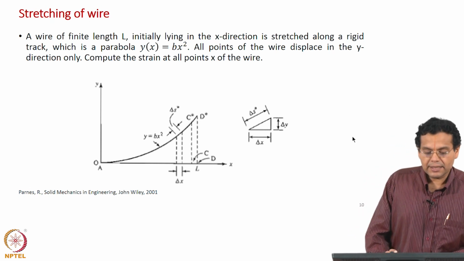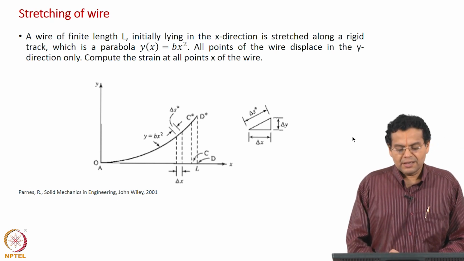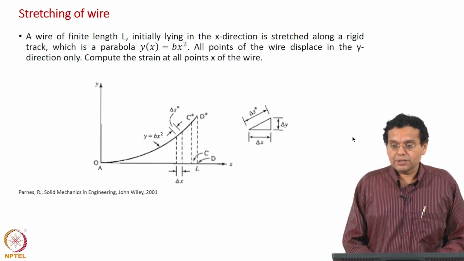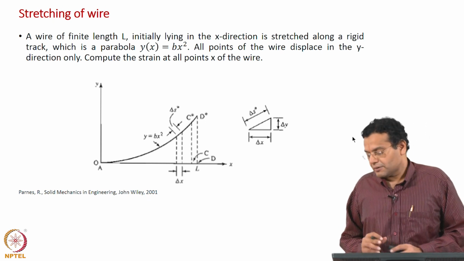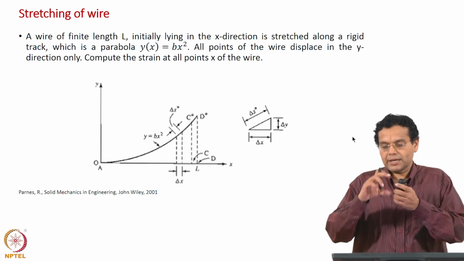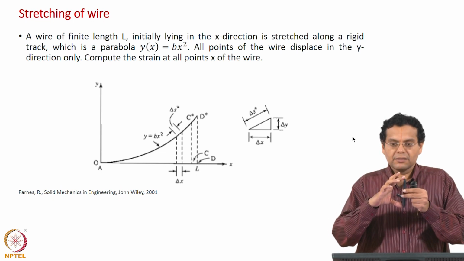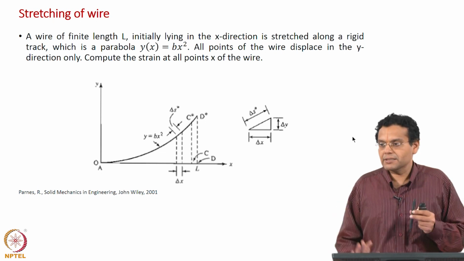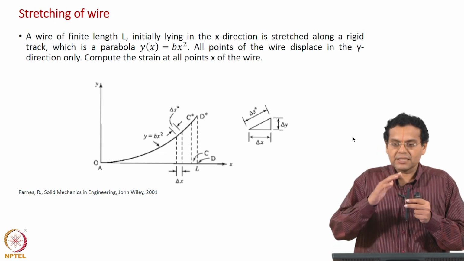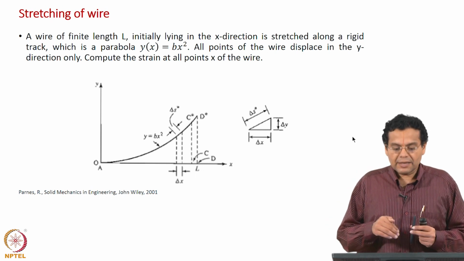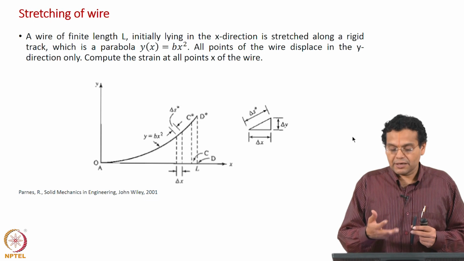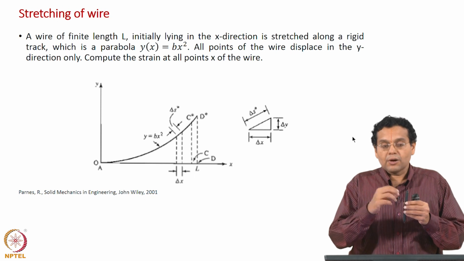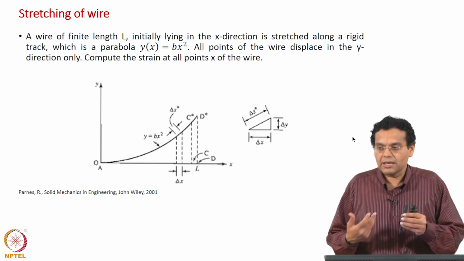Okay. Let us take an example of stretching of a wire. This example is to illustrate the calculation of local strain. You would have done the same example. You are given a wire, you are given the initial length, you will be given the final length, you will find difference in length divided by original length. You would have calculated strain, that gives the average strain over the entire length. But now we are going to apply our expression, our definition of local normal strain, and going to see how local strain varies locally along the length of the wire. Okay, that is the example.